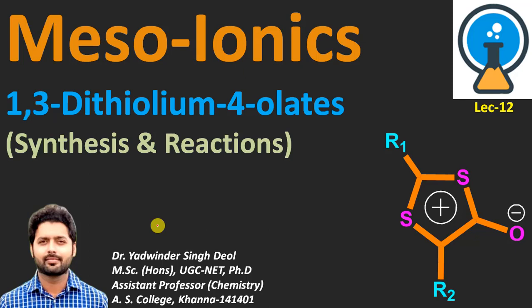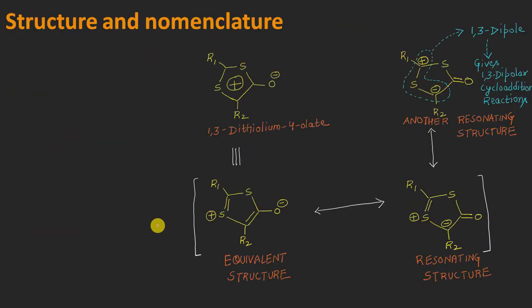Okay, here is another mesoionic molecule which contains two sulfur atoms in the main 5-membered ring structure, and it is known as the 1,3-dithiolium 4-olate. And regarding the nomenclature of this molecule, we can start the numbering from this sulfur atom, such that going in this direction, the second sulfur atom will get the number 3 here, and this carbon atom to which the exocyclic atom is attached will now have the number 4, right? So that the name will be what?